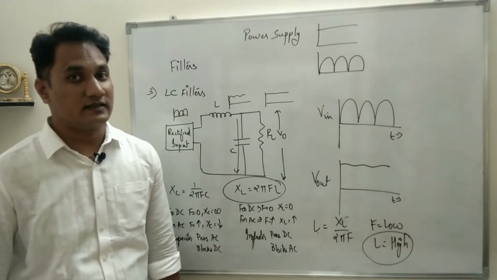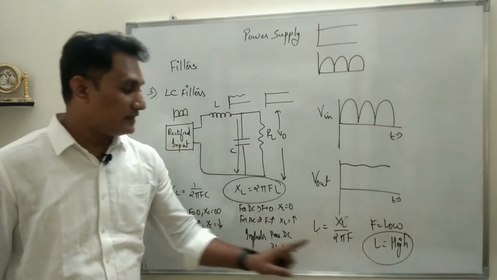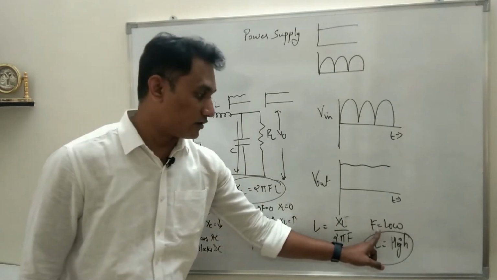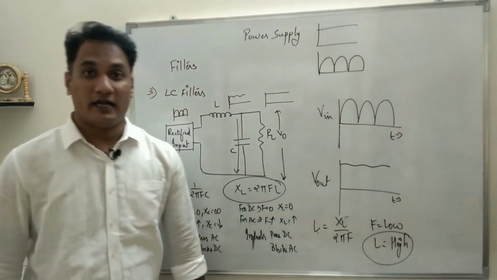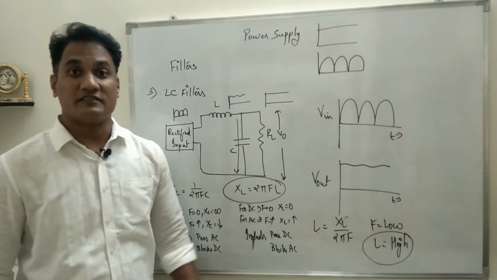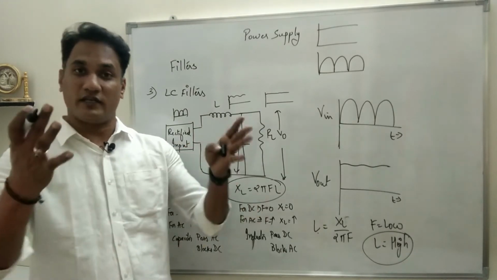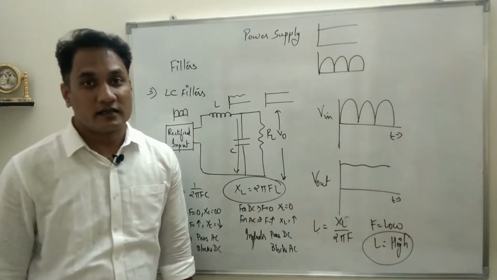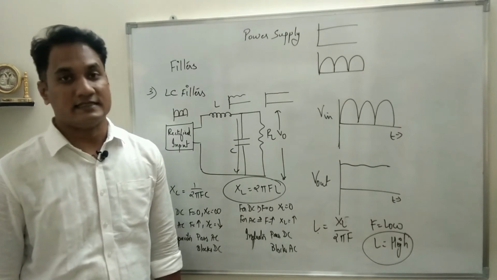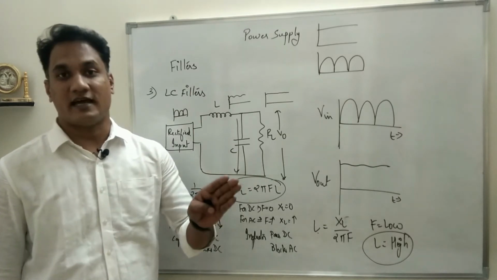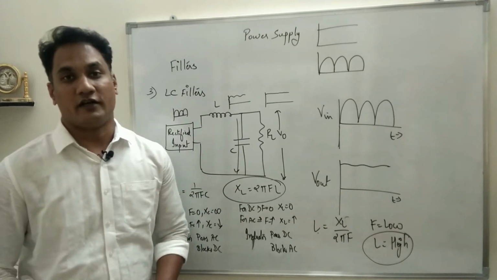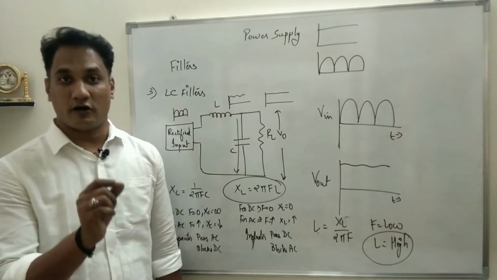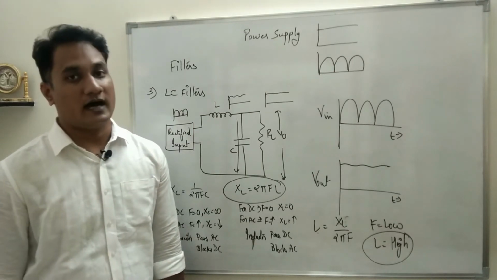Do you understand why I said that? For low frequency signals, the inductor value will be very high, since the inductor is inversely proportional to frequency. And when the inductor value is high, the physical size of the inductor becomes very large, and it is not feasible to use that inductor in a circuit. That's why at low frequency the LC circuit cannot be used, and to replace that we design one more type of filter called the RC filter, where L is replaced by a pure resistance. So that will be the RC filter.